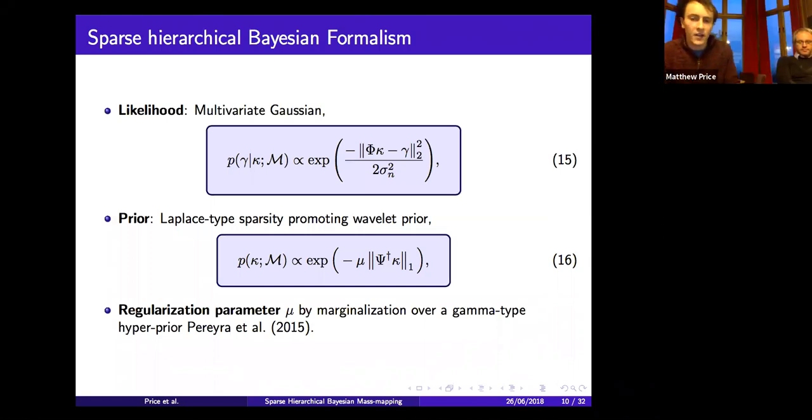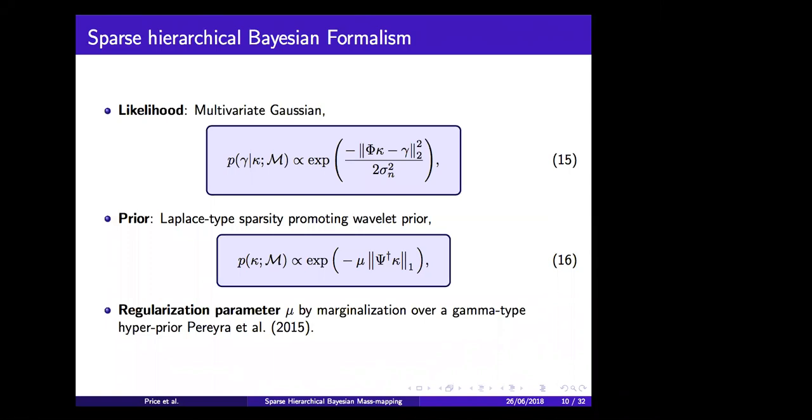Well, this prior is specifically on the wavelet coefficients. If you take your reconstructed convergence map, you would expect that in a certain wavelet dictionary, it would be represented to a very good accuracy by a very small number of coefficients. And the noise is fairly uniformly distributed in the wavelet dictionary, so you can cut out the noise very efficiently. That's what this prior is enforcing. Okay, thank you. Does that make sense?